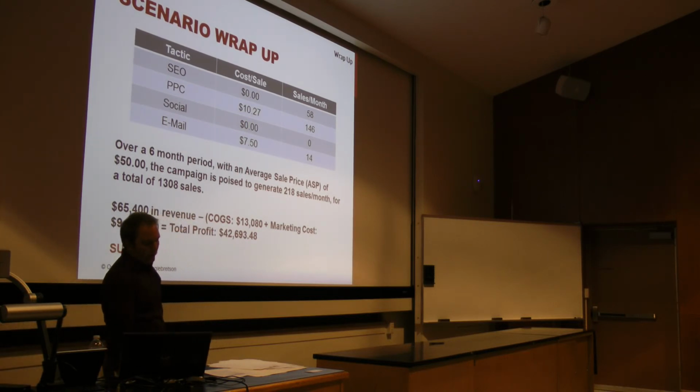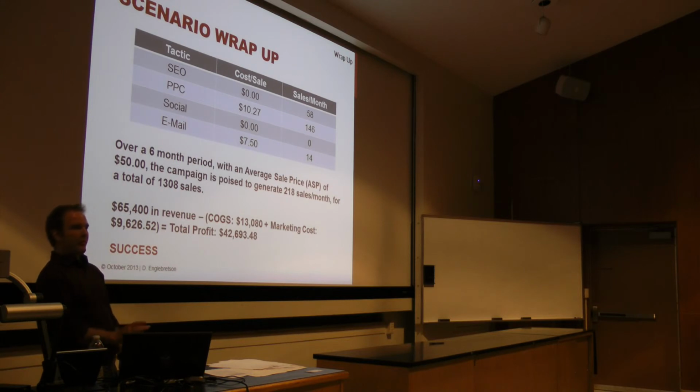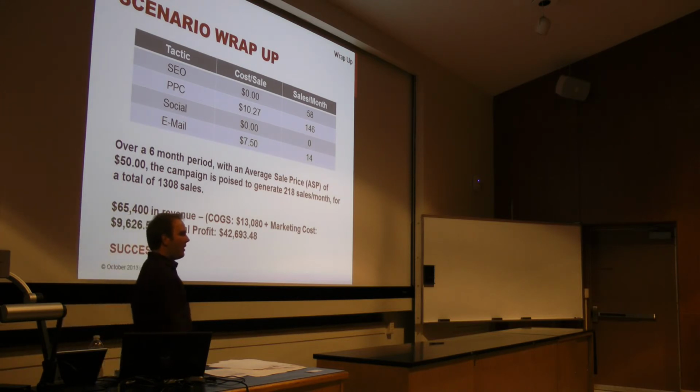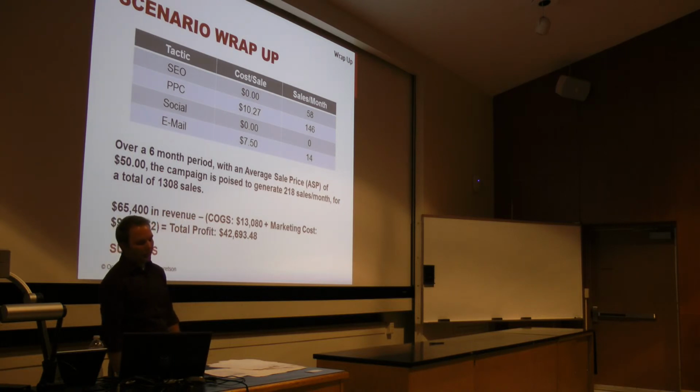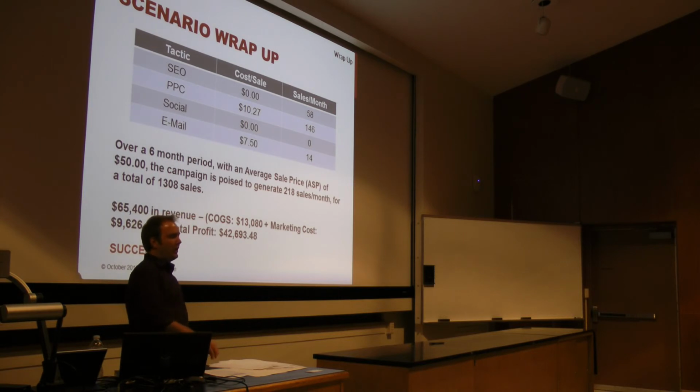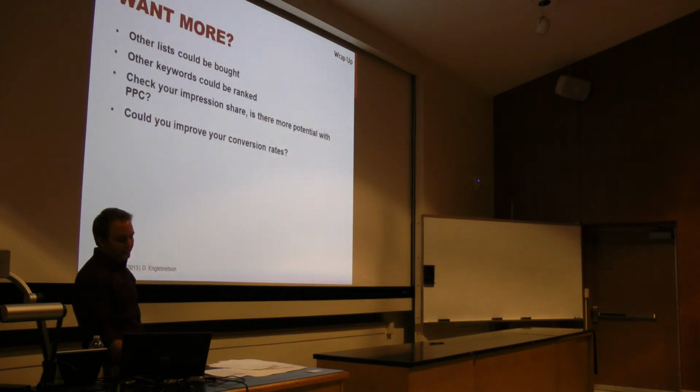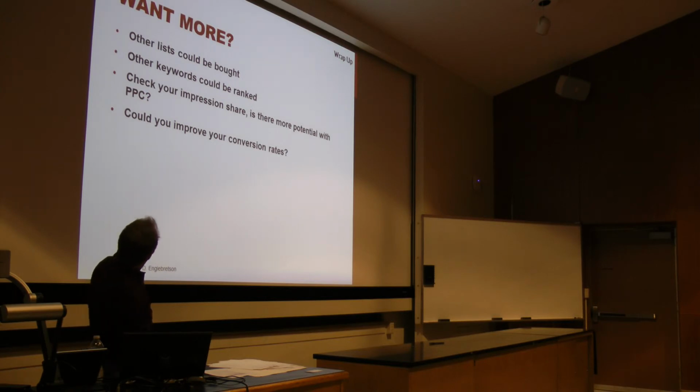So that is a very high-level, basic overview of how you can use free data that Google will provide to you, do some research and put together a real campaign using real data that actually exists, and know with some degree of certainty that if you do X, you will get Y. And that essentially is the benefit of digital marketing, which I believe is the last slide.